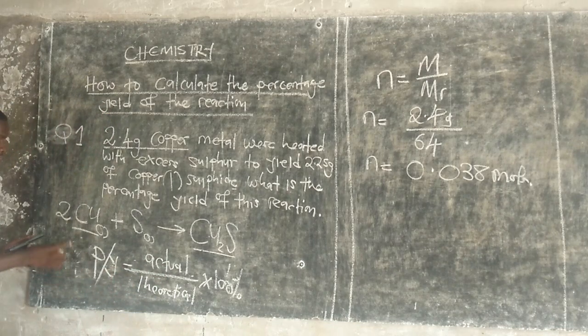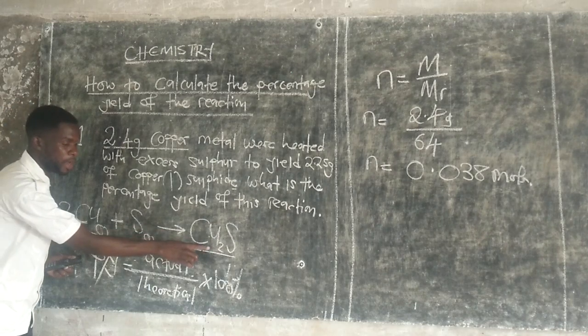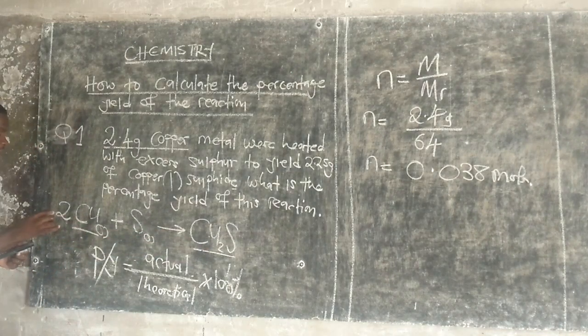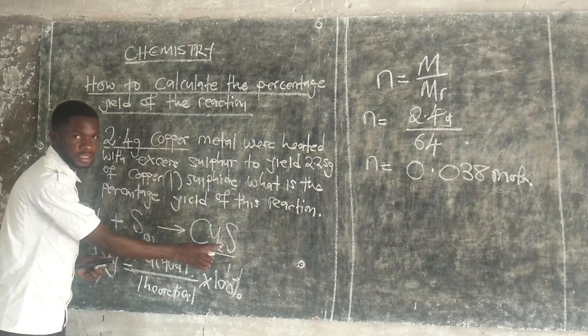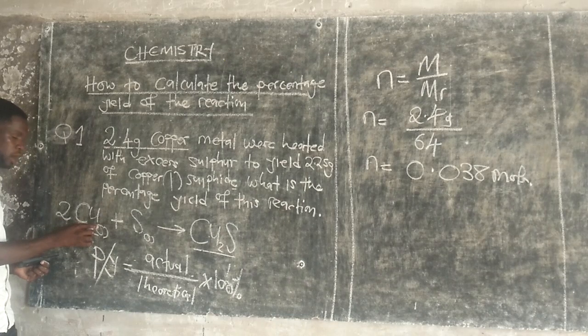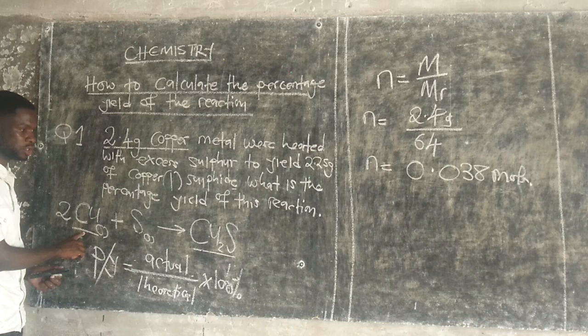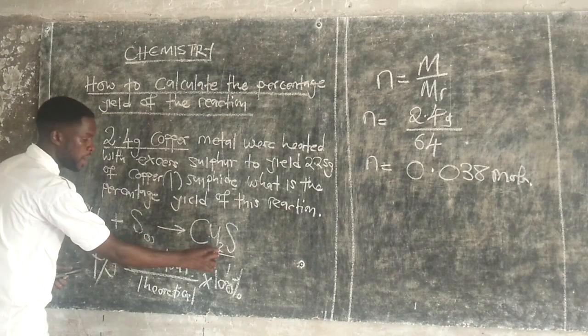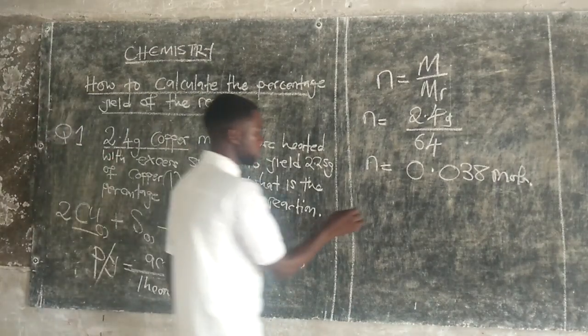Of course, the reaction clearly states that copper reacted with the sulfur to produce the copper sulfate. We have now the number of moles for copper, but we do not know the number of moles for copper sulfate. Therefore, we are now going to use the mole ratios for copper and the copper sulfate. When you look at this reaction, it is a well-balanced reaction. Therefore, we are going to say that the mole ratios